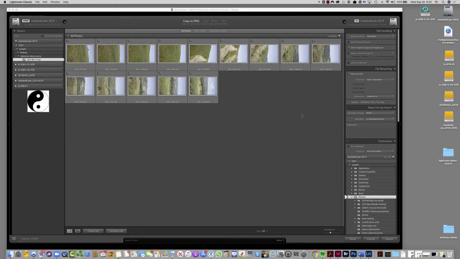And let's look over here to this column, Set Standard. Build smart previews. This will allow you to work remotely off of the cloud using your Creative Cloud subscription. If you don't want to import duplicates, you could check that. I would rather make my own second copy rather than click this. I have a hard time keeping track of where this goes, so you can specify right here, but I leave